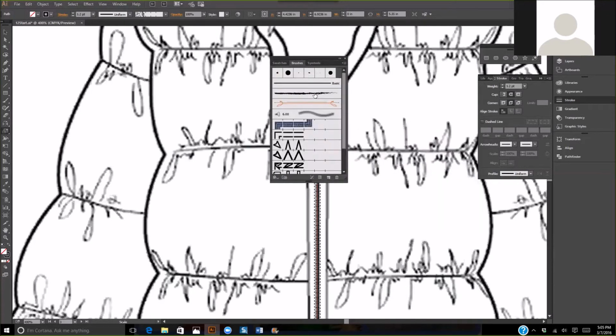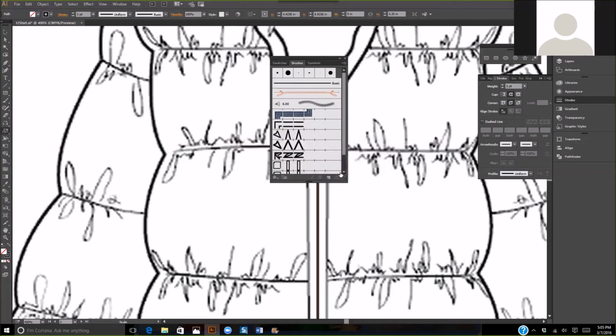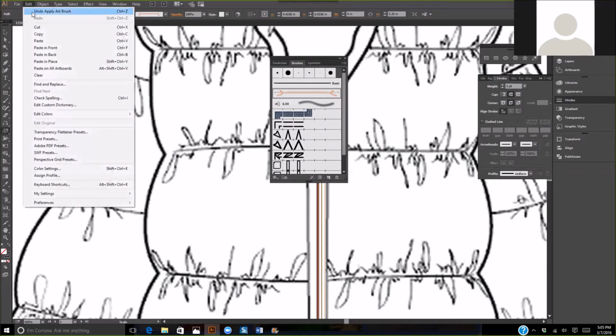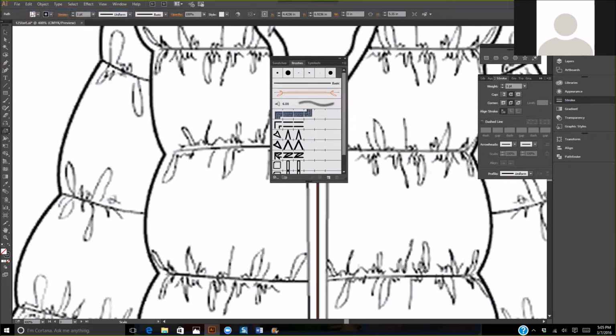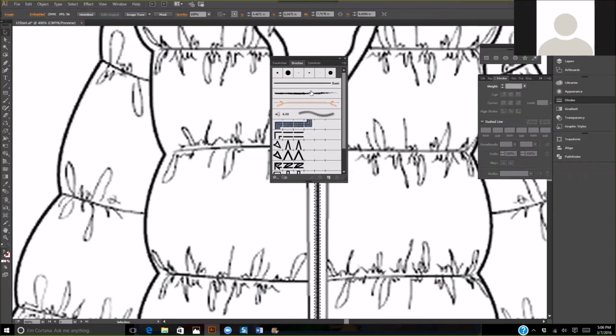So I'm going to start at the top and get rid of this charcoal feather one here, trash can. And you can remove strokes. Same with this one. And actually, I'm going to back up because I don't want this to affect my current zipper. So I am going to select away from that so that it's not affecting this. Then I'm going to go back to my brushes panel. We can again